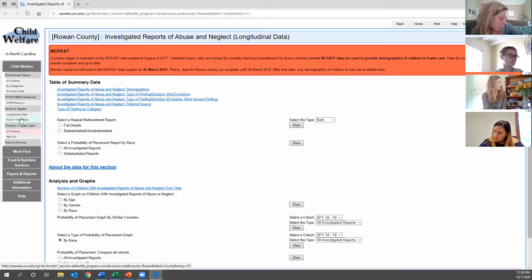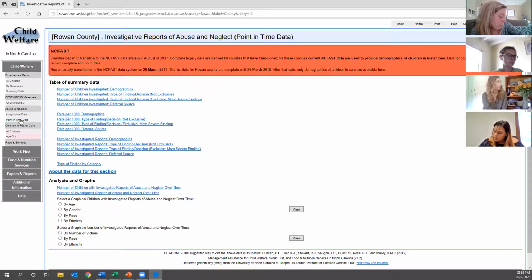So it is right here. It says abuse and neglect, and then it says longitudinal, and it also says point in time. I will be clicking on point in time. Now if you look at the title, you will see that it does say point in time in parentheses. So I know that I am looking at the point in time data, which is what I said that I wanted to be looking at.